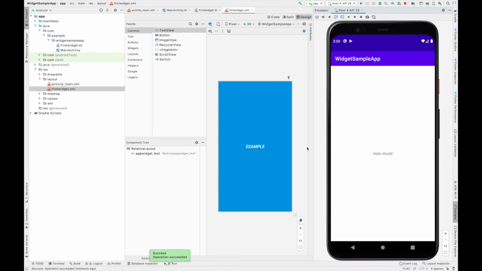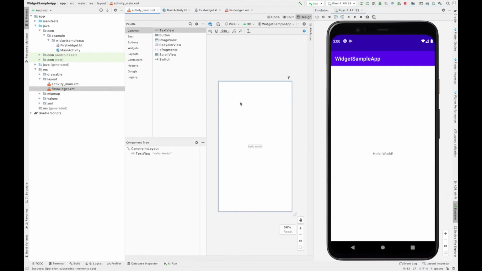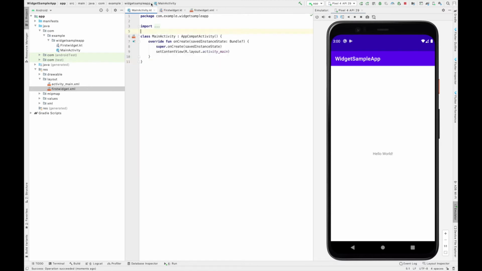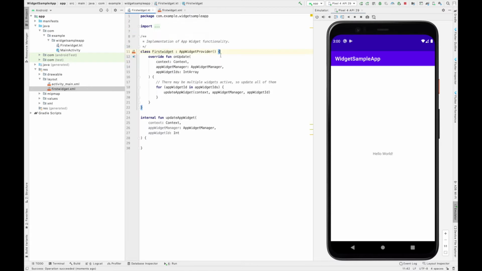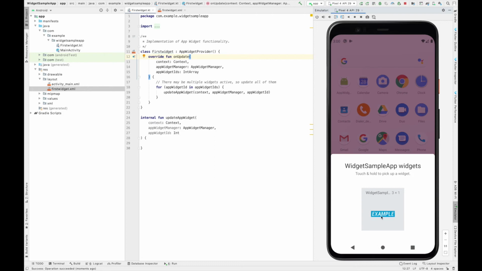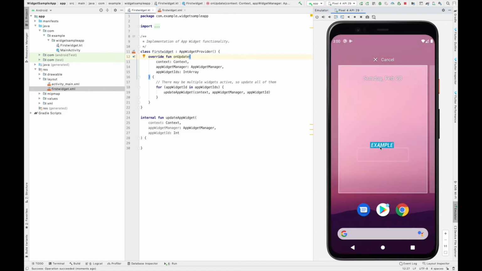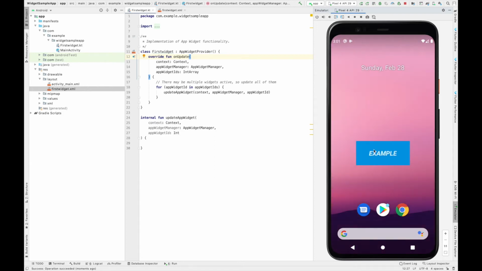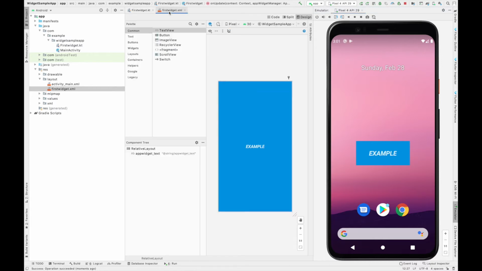We haven't done any changes on the activity main file, that's why hello world is visible. I can just close this for now. Even the main activity.kt I can close for now. Here, I can click on widgets and I can put it here. So this is the layout of the first widget which is shown here.